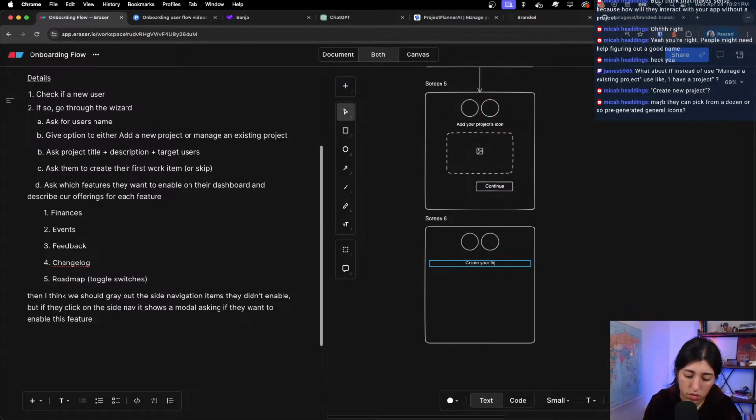Create your first work item. And then also with that, maybe they can pick from a dozen pre-generated icons. Pick from a dozen, right? Yes. So we have,